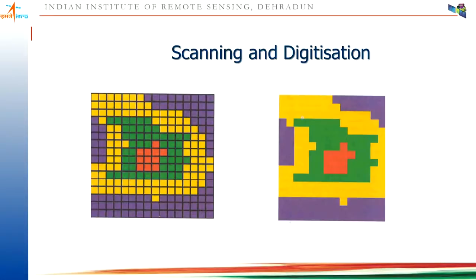So before digitization, this is the scanned one, and let's say different colors represent different classes, and you want to digitize as a polygon. What you can do is draw along the boundary of the yellow one, right? You can draw like this, and you can close it again. So this is how it will look after digitization. Similarly, for the green one, I can draw a line around the boundary, and around the red one. So I get three features, right?